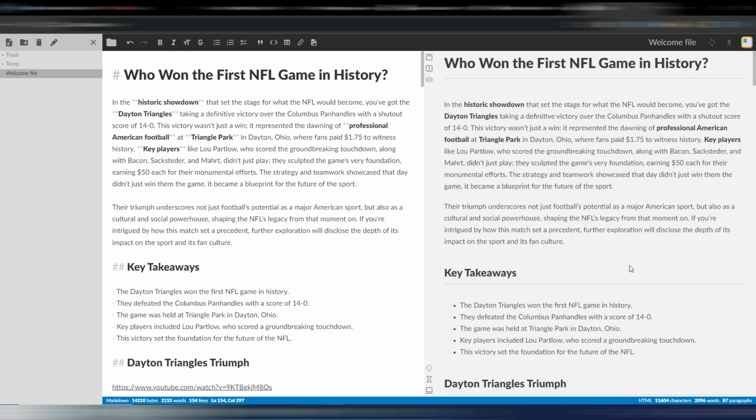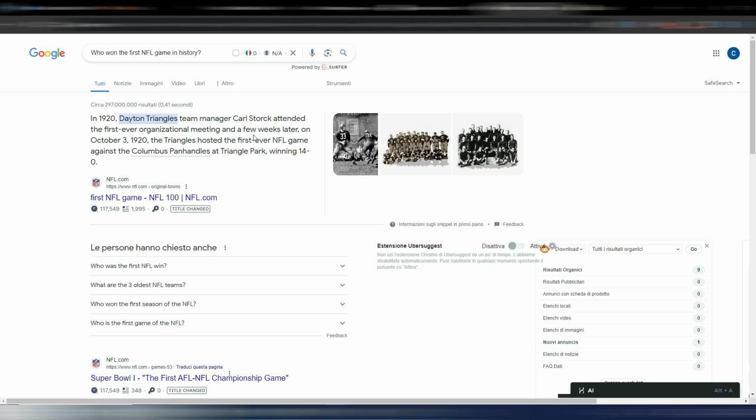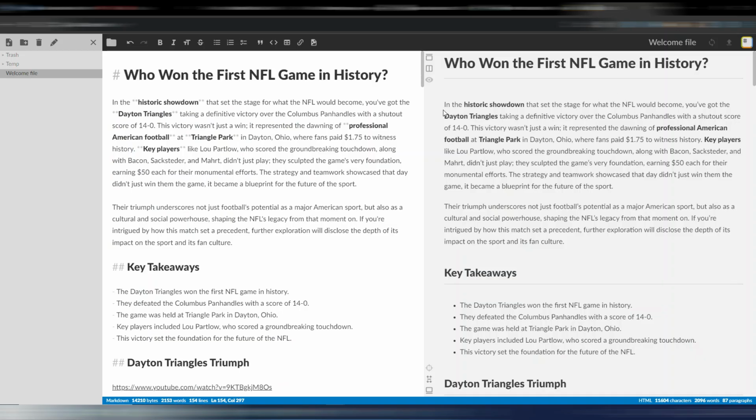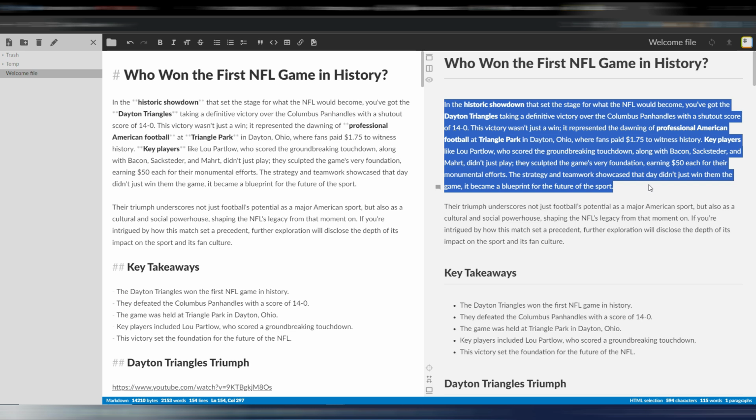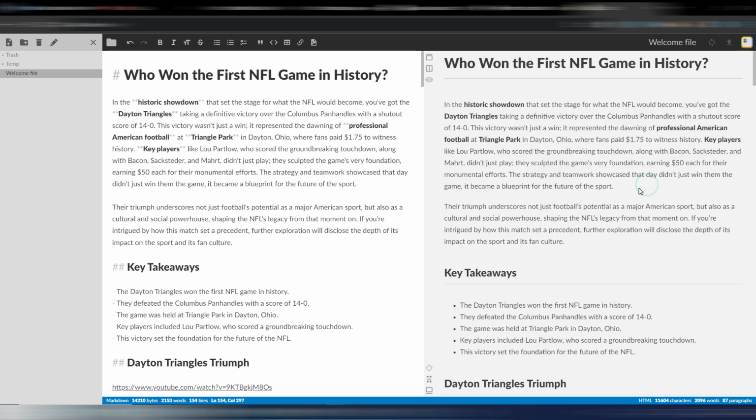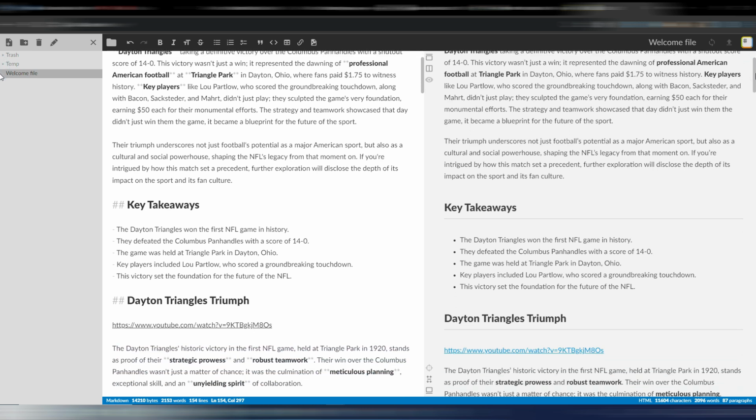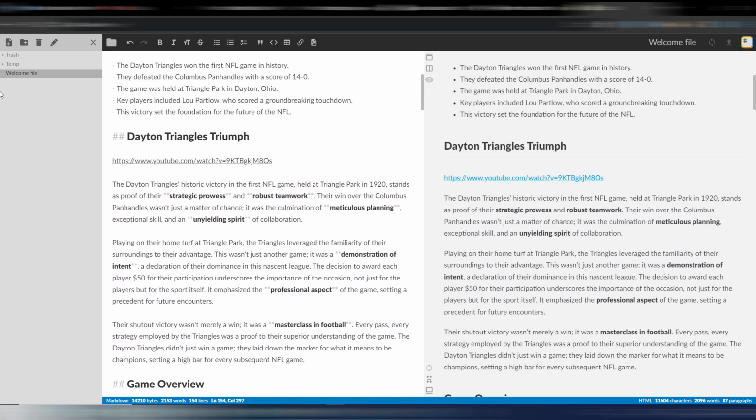Now I will scroll it slowly so you can read it, but if you want you can compare with the query in Google and the first result. This is the first result. As you can see, we are giving quite the same information as you see here, but I really like this new kind of introduction. This is very good, and I suppose your user will like this kind of introductions and probably even Google. So let me now scroll this article, so if you want you can stop the video and